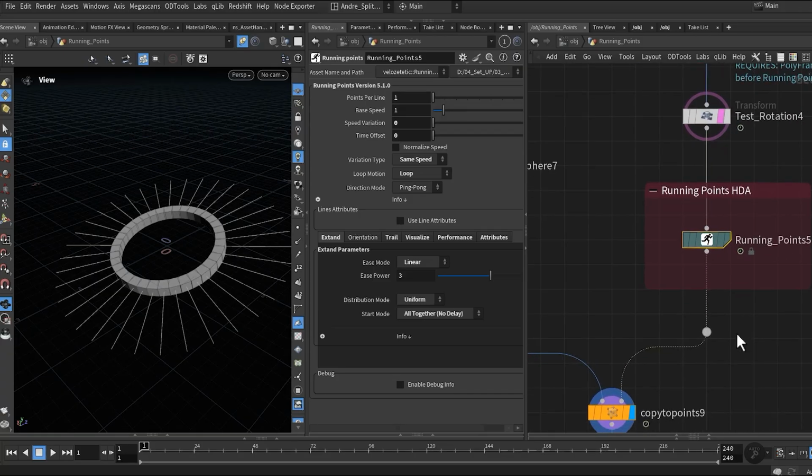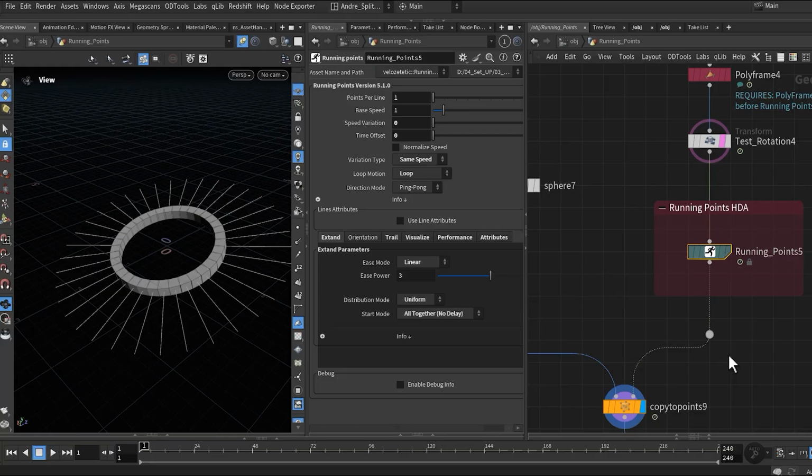With this tool you can control how many points you have, the speed and variations, the direction they move, the style of motion, and even how they slow down, including slowing down only part of the points.